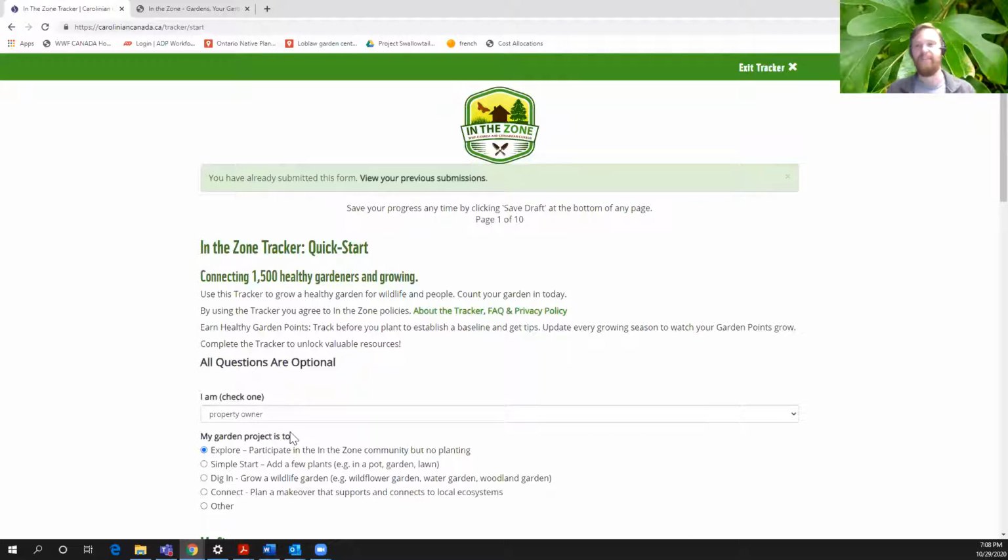And a super special incentive for the evening is folks who sign up and indicate that they're signing up through Project Swallowtail will be getting garden signs. So, oh my goodness, I actually have a garden sign. Let me go get one. I'll show you what it looks like.